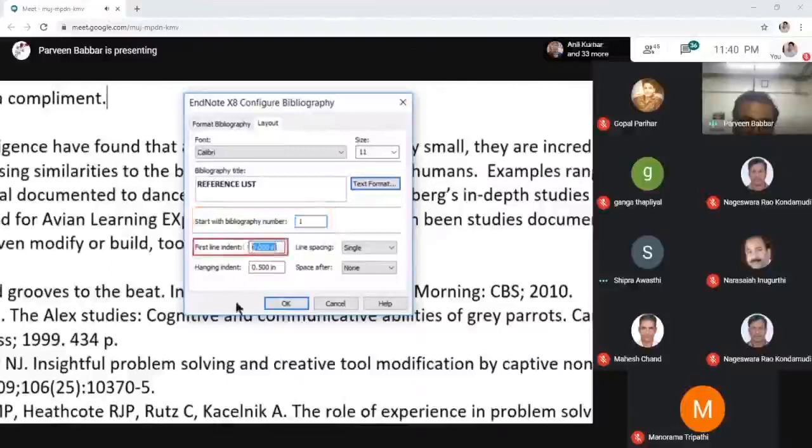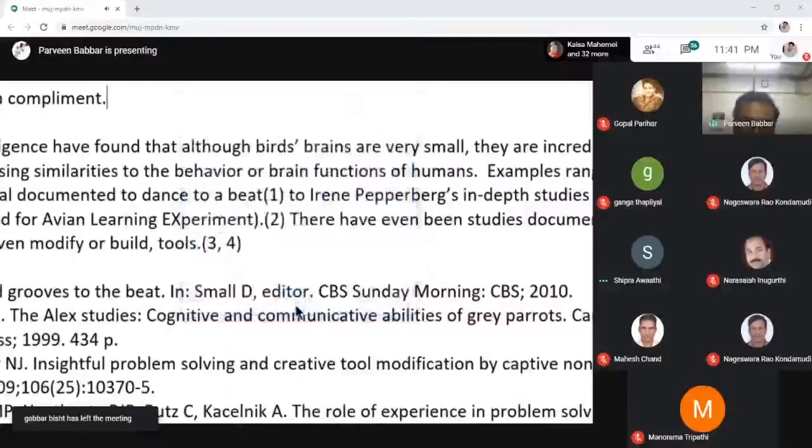First line indent will change the indentation of the first line of each reference. Whether or not there is a hanging indent is set in the style, but in this window I can change how wide that hanging indent will be. The line spacing option applies to all the text in the bibliography, and here I will change it to double to match the APA requirements. The space after option allows me to add extra lines after each reference. These would be in addition to the spacing set using the line spacing option. When all options are set, I click the OK button to apply the changes.